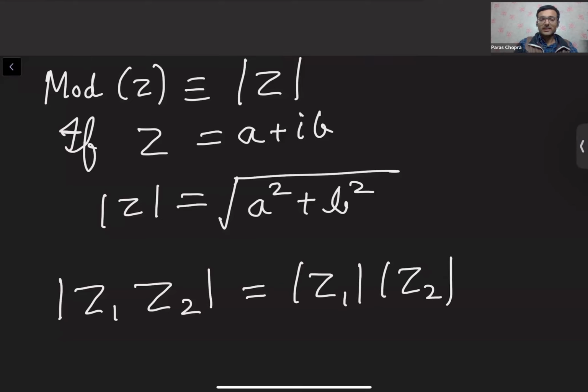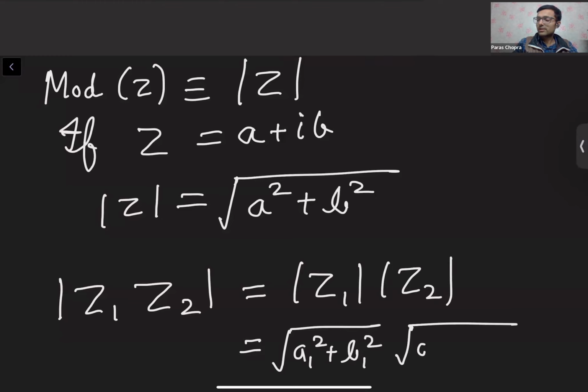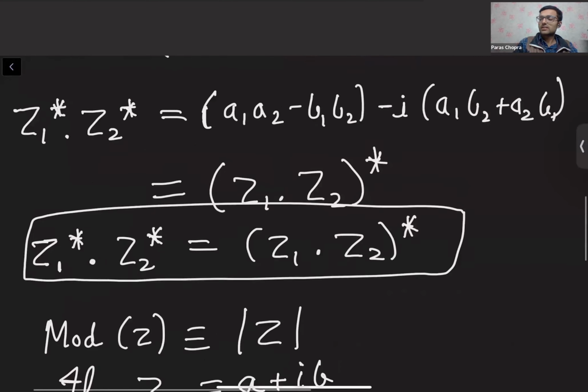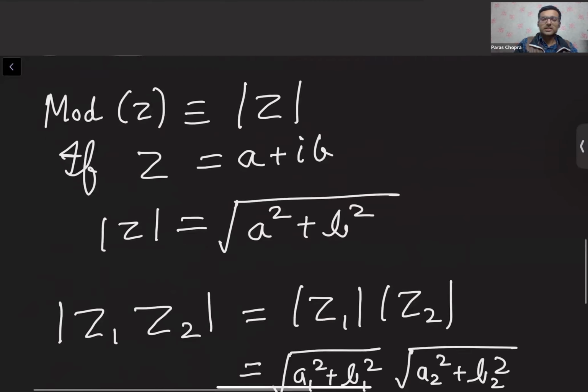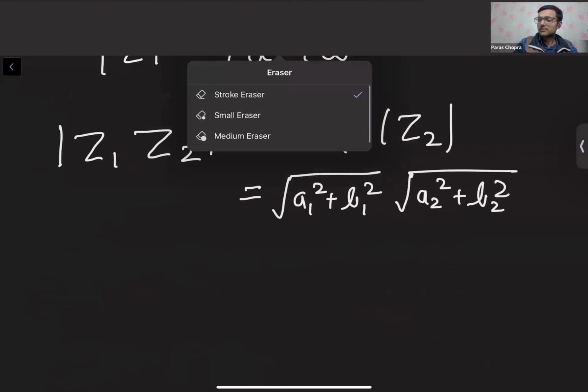इसको प्रूफ कैसे करेंगे? सो अलग अलग का मॉड होगा स्क्वायर रूट ऑफ a1 स्क्वायर प्लस b1 स्क्वायर टाइम्स स्क्वायर रूट ऑफ a2 स्क्वायर प्लस b2 स्क्वायर एंड मल्टीप्लाई करके मॉड लेंगे तो हमने जो ये निकाला था इनका सम ऑफ स्क्वायर्स करके ऐड कर लोगे एंड बोथ ऑफ देम विल गिव यू द सेम आंसर। ओके, सो इस प्रॉपर्टी को बस याद रख लो, प्रूफ बाद में कर लेना।